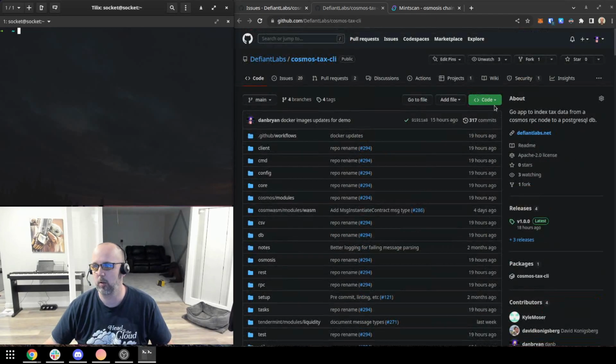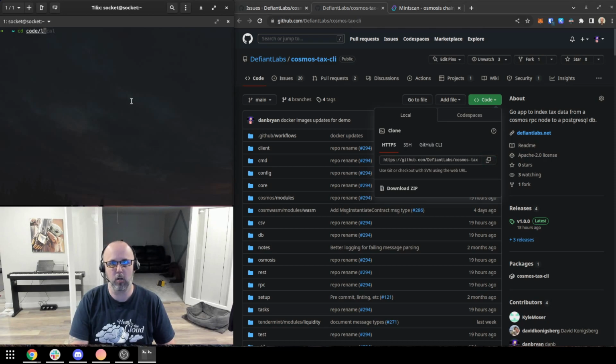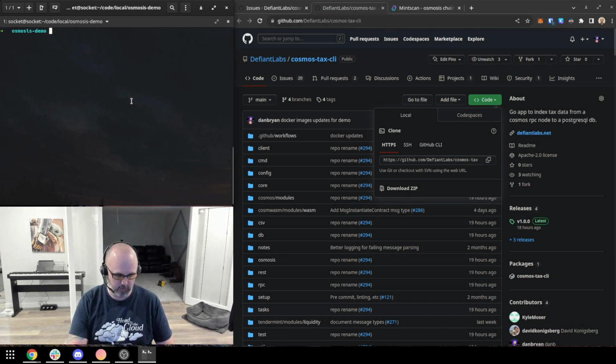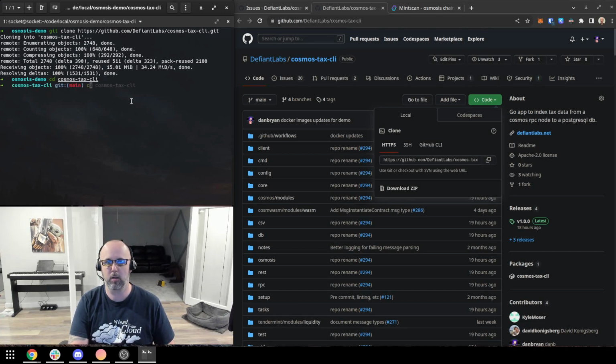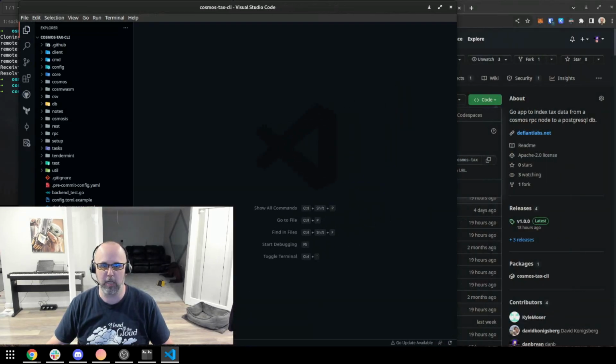All right, so grab the URL. You'll probably want to grab the HTTPS URL. We'll just make a directory, osmosis demo. And we'll go into the osmosis demo folder, just a clean folder right here. All right, so clone the repo, and then we're just going to look at this in VS Code. Okay, so in here, if you look at the Docker Compose file,